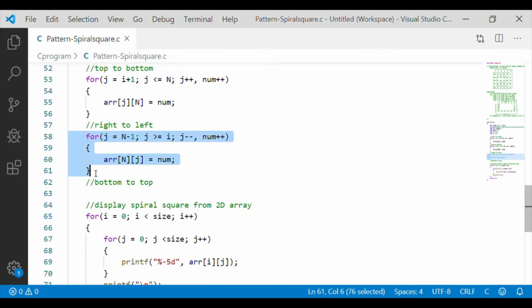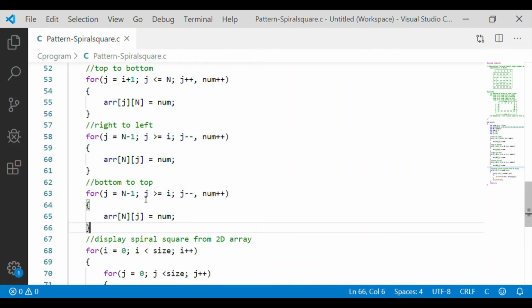We will also do the fourth step, which is bottom to top. Again it shall start from j equals n minus 1 and it shall end when j is just greater than i, because the topmost left end is already filled with 1, and here the varying one is the first array position, hence array of j and i is the fixed one here, to be filled with the number which is incremented at each for loop.